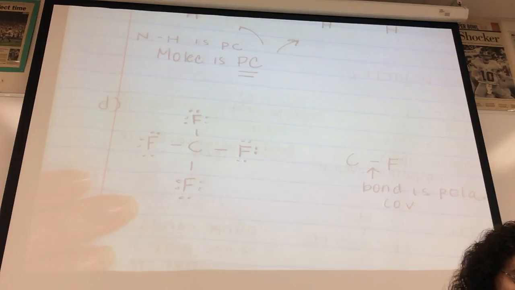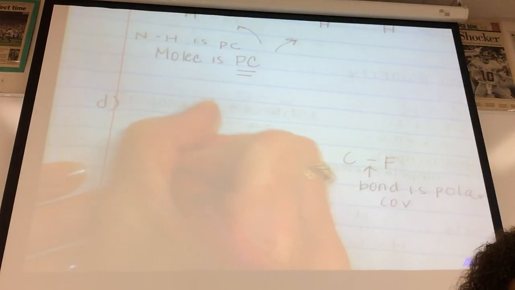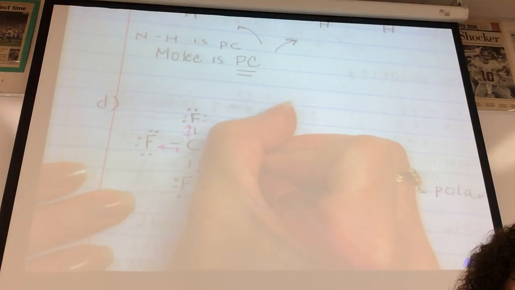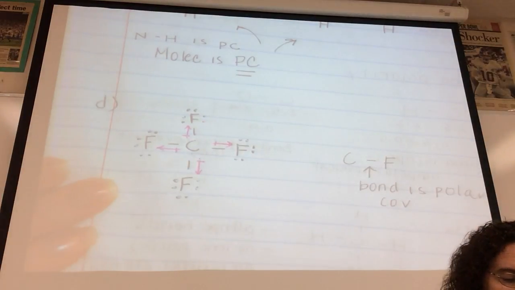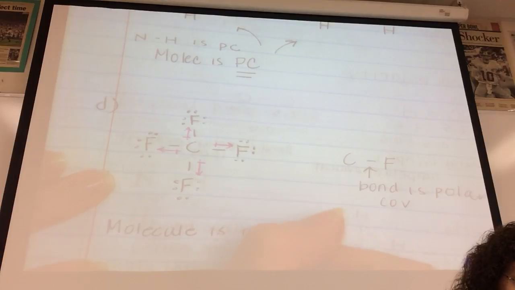So these dipoles are equal but opposite. They all have the same pull in opposite directions, and so they cancel. So this molecule, even though it has polar covalent bonds, the molecule is nonpolar covalent